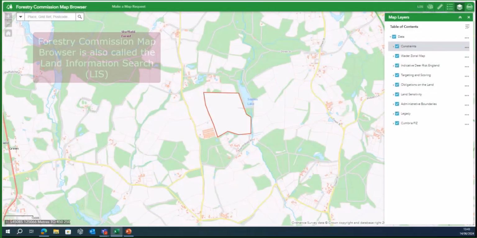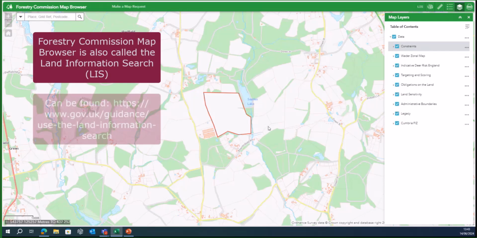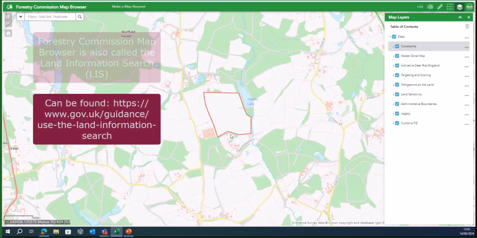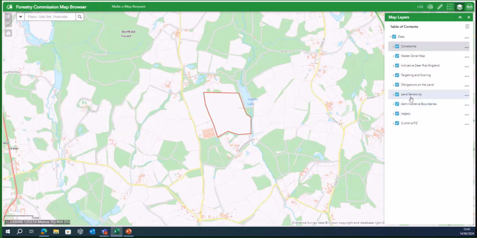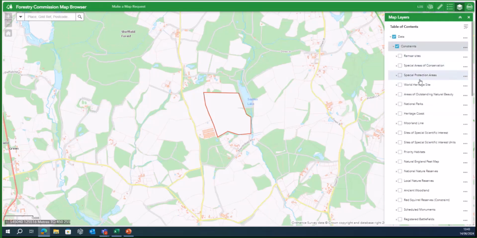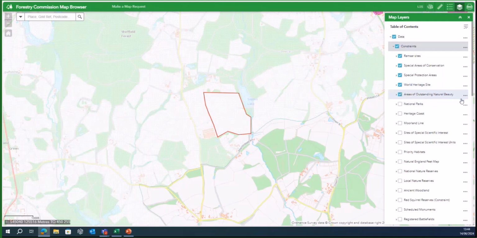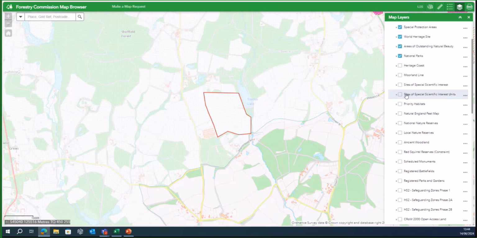So what you'll be looking to do is a desk survey using the Forestry Commission map browser on the screen here. The way to find these designated sites is by going to the constraints section and using the drop down there. You'll then highlight each one of the designated sites: Ramsar sites, special areas of conservation, special protection areas, World Heritage Sites, areas of outstanding natural beauty, which are now called national landscapes, national parks, sites of special scientific interest,